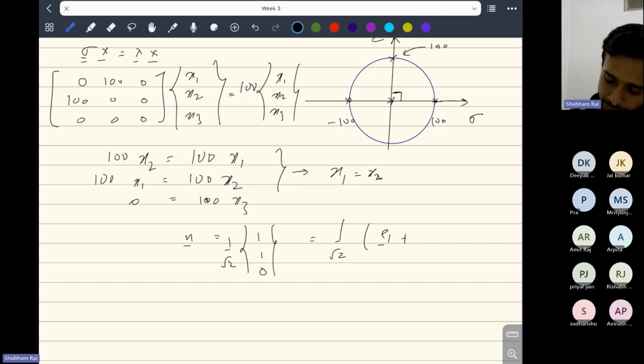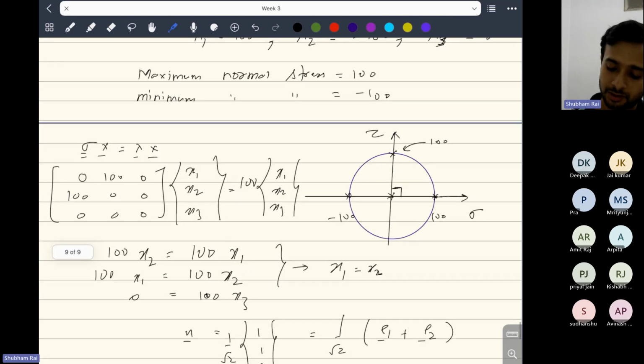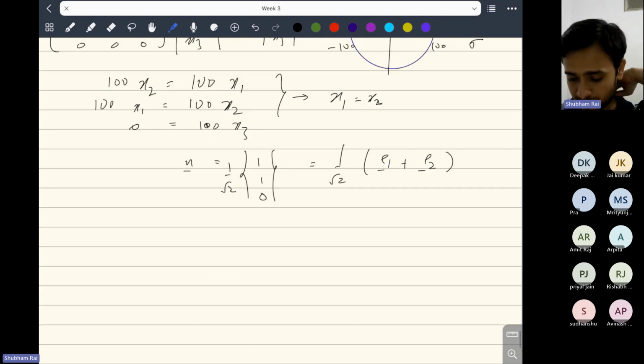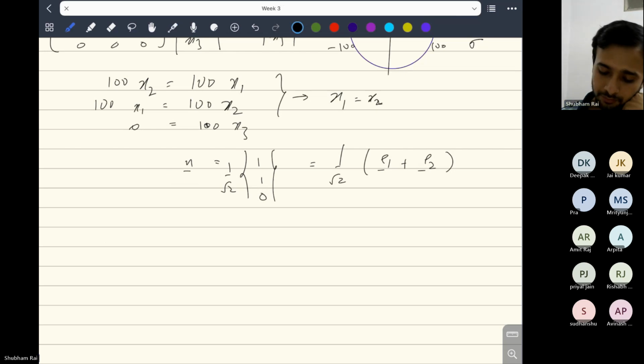So even proceed, right? Because along x direction it has value 1, along y direction it has value 1. So this is the direction, this is the normal vector, which is normal to the plane with maximum principal value of the normal stress and maximum value of the normal stress. This is the maximum principal direction. And similarly, we can find